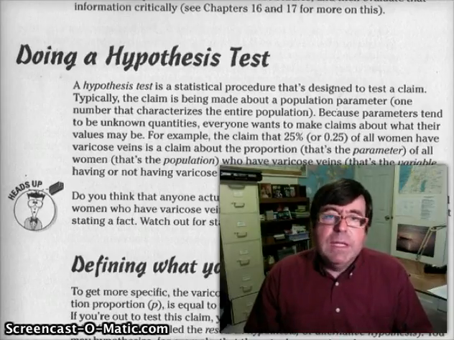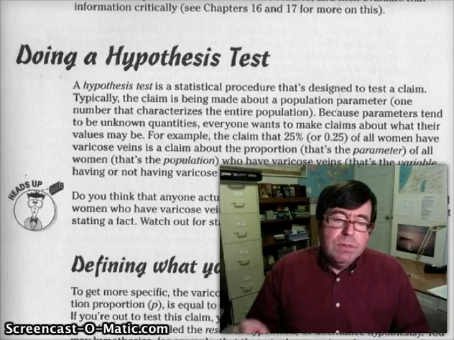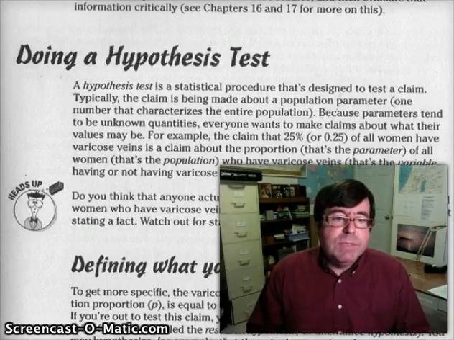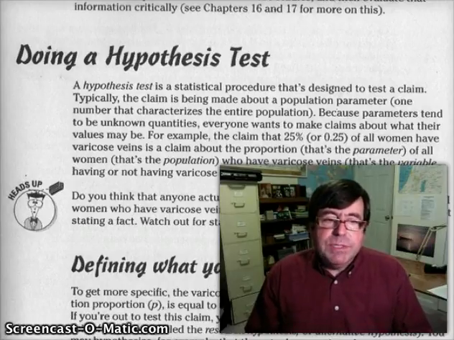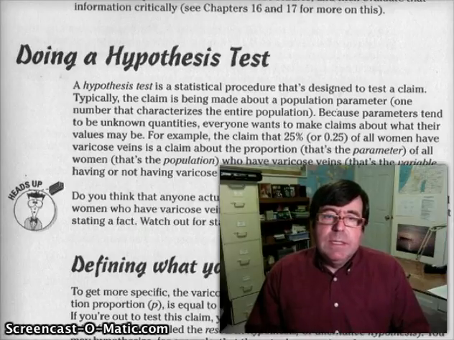We would know that the claim is true. Most of the time we don't have that information, so we're looking at a good sample. Remember, it has to be a random sample. So we calculate all of our numbers, and then the next step, we compare our findings against